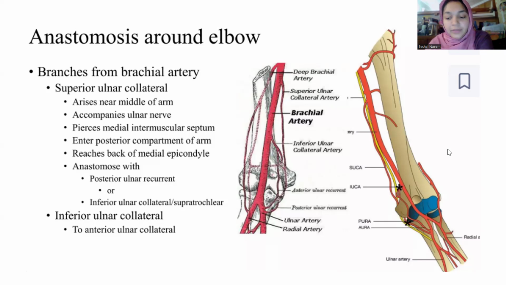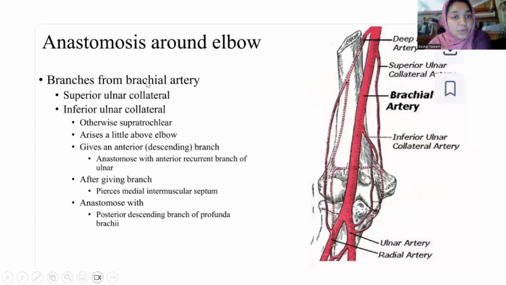Okay. Moving on. We have branches from the brachial artery. We've talked about the superior ulnar collateral and the inferior ulnar collateral. Now, the inferior ulnar collateral, otherwise called supratrochlear also sometimes, arises a little above the elbow here. Can you see that it arises just a little above the elbow? It gives an anterior descending branch. Here, you can see the anterior descending branch. This anastomoses with an anterior recurrent branch of the ulnar artery, right? You can also just say that the inferior ulnar collateral artery anastomoses with the anterior recurrent branch of the ulnar